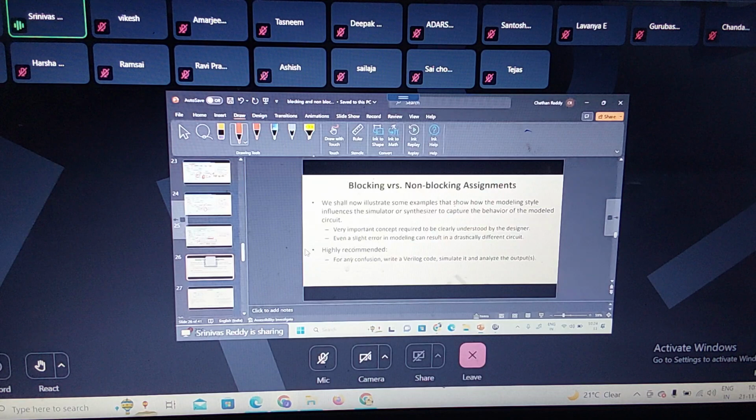Now you have a blocking circuit and a non-blocking circuit. How this modeling influences the synthesizer to model the hardware. Writing the blocking and you write the design file. This is hardware. We'll see that blocks. So it is a very important record to